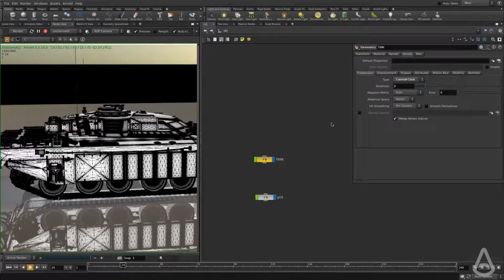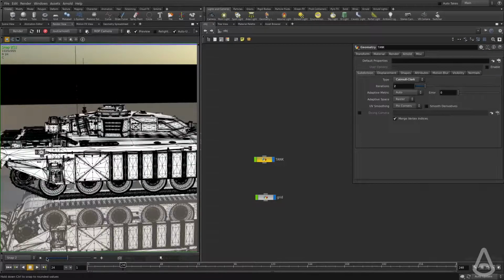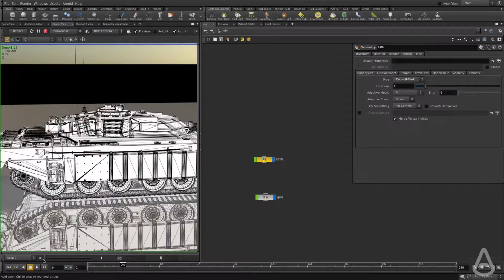So if you have displacement maps that were extracted based on an unsubdivided model versus if your displacement map contains the difference between a mid-res and a high-res, you probably want to use the same mode that you use to generate the displacement maps. And now I have the new render here, and we can compare the three renders, and we